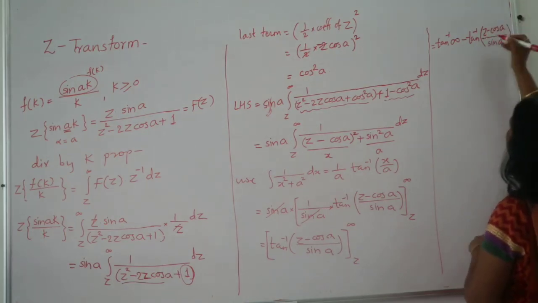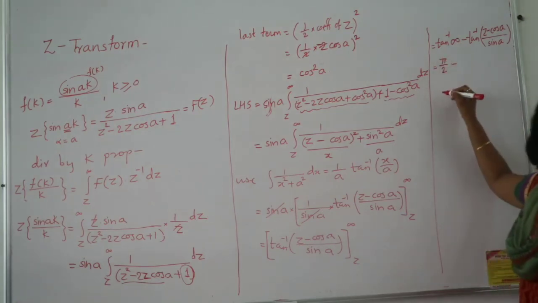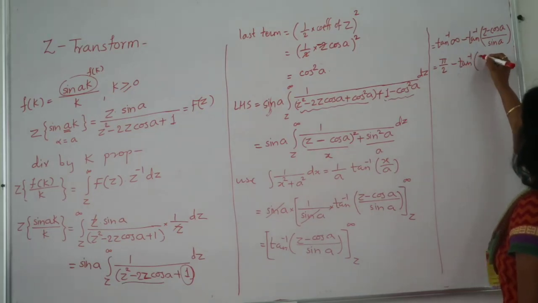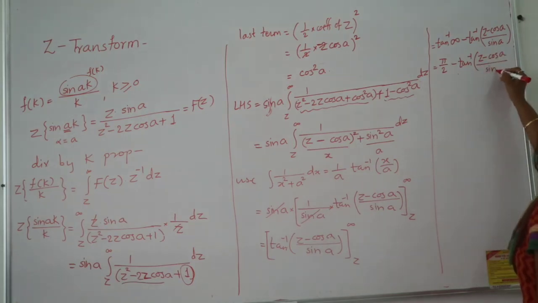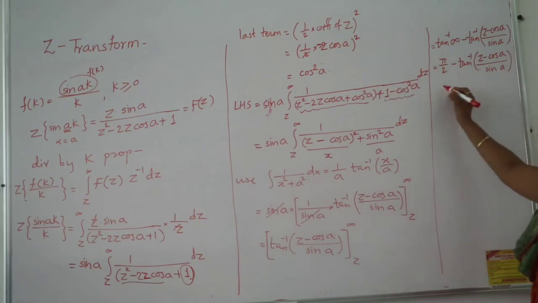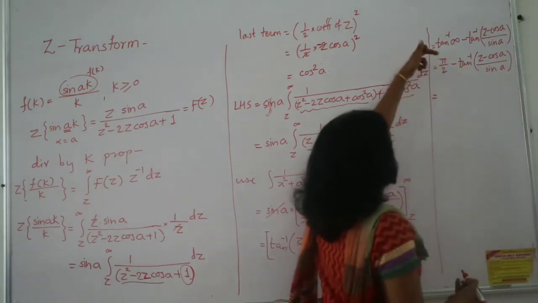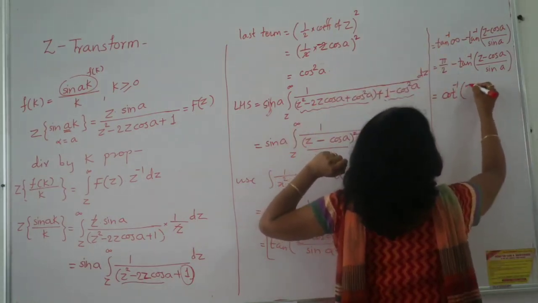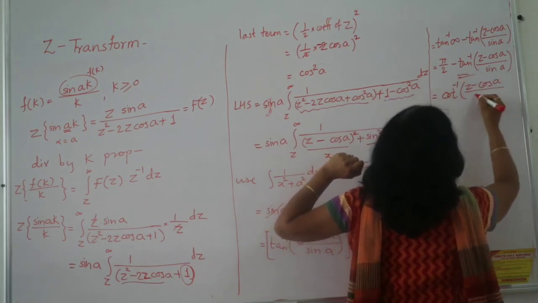Right? Now what is tan inverse infinity? Pi by 2. Now you have to remember this value. You cannot search this value on a calculator, because it will give you an error. So always remember that tan inverse infinity is pi by 2. Minus tan inverse of cos A divided by sin A. Now actually you have obtained your answer up to here. You may stop, or if you want to proceed further, use a trigonometric identity. Pi by 2 minus tan inverse is nothing but cot inverse. But it is not compulsory. If you want, you may stop here only. So this is cos A upon sin A.